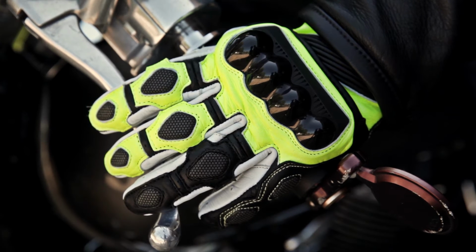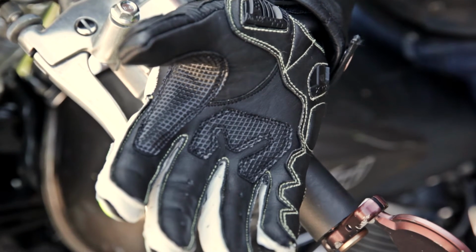The decision between the two for me would come down to fit. The Scorpion gloves have a more snug fit like the GPX gloves. So if you prefer a more precise fit, you'll want to choose these SGS gloves over the Speed and Strength. The SGS gloves are equipped with a top grain leather chassis and a kangaroo leather palm with a Kevlar patch